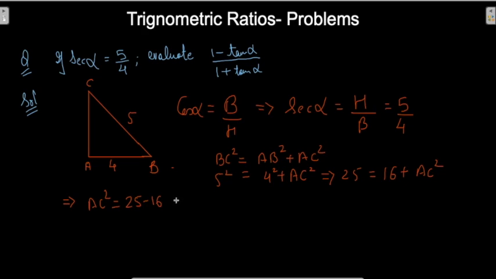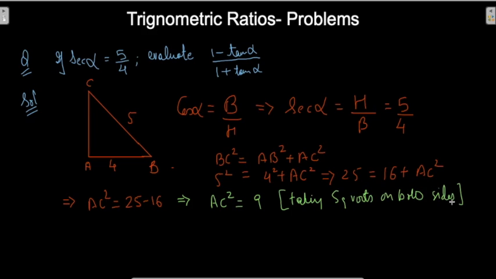Now this implies AC square is equal to 9. And what are we going to do now? Taking square roots on both sides. I've told you earlier, whenever we have got an equation, any mathematical operation we do on the left hand